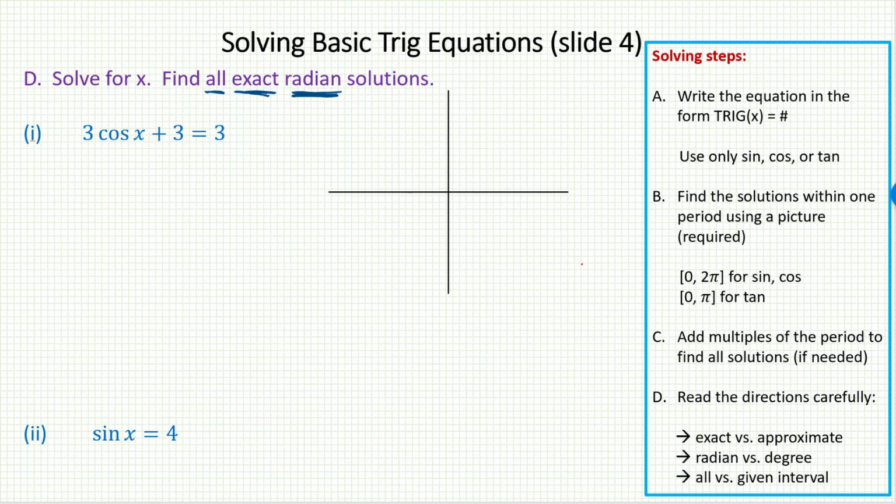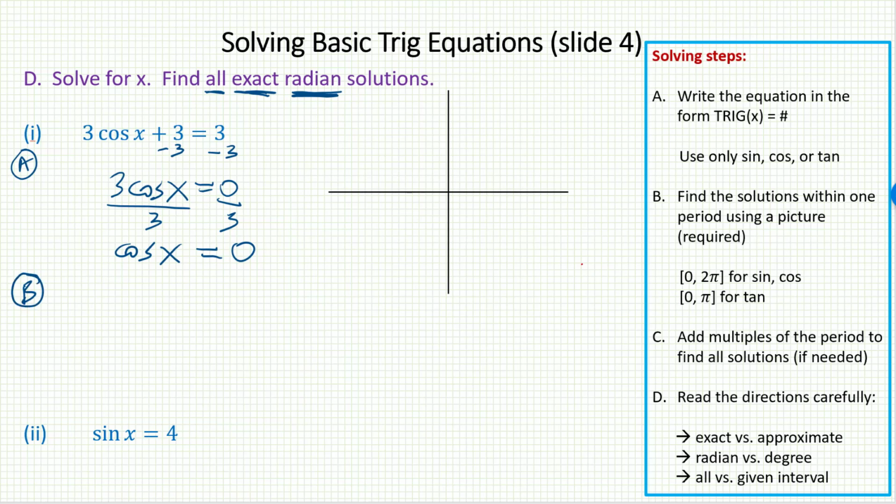I will isolate the cosine x, so subtract 3 from both sides, and then divide both sides by 3. And that gives me what I want. 0 divided by 3 is 0, so I have single trig function, single variable, equal sign, and a number. I'm going to go to step B now, which involves drawing a picture, but of course when I see a